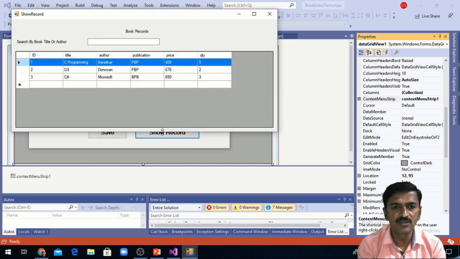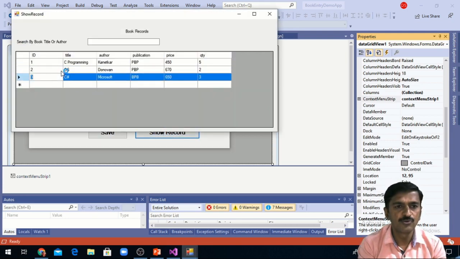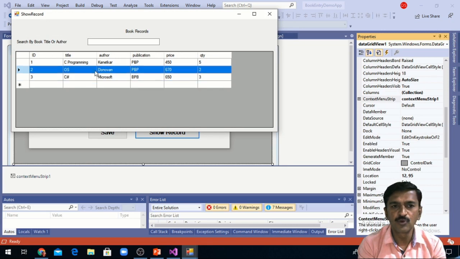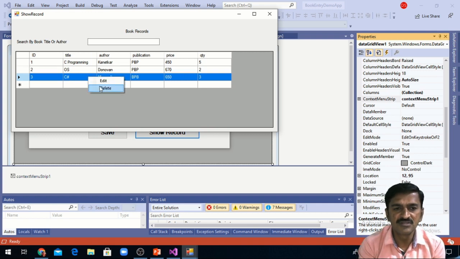We can see in the output whether the context menu is displaying or not. I am going to click on show record. Now the user can select the full row here. I am going to right click on this record, and I can find the edit and delete options here. Once the user selects the edit option, I want to change the record, and once the user selects delete, I want to delete the record.